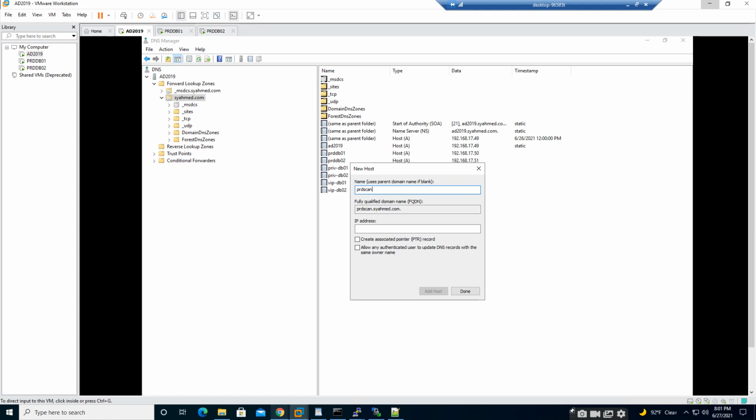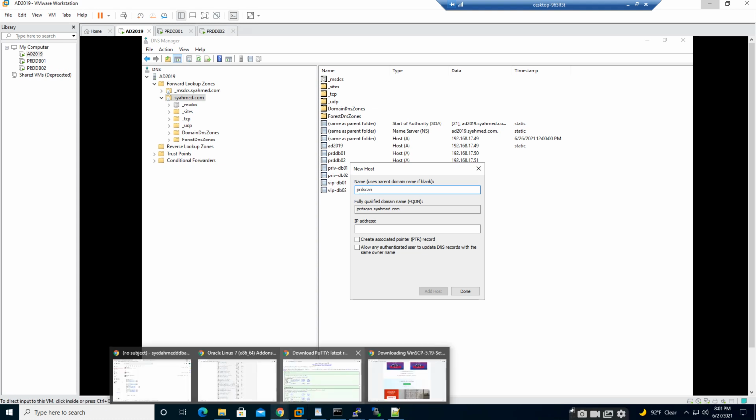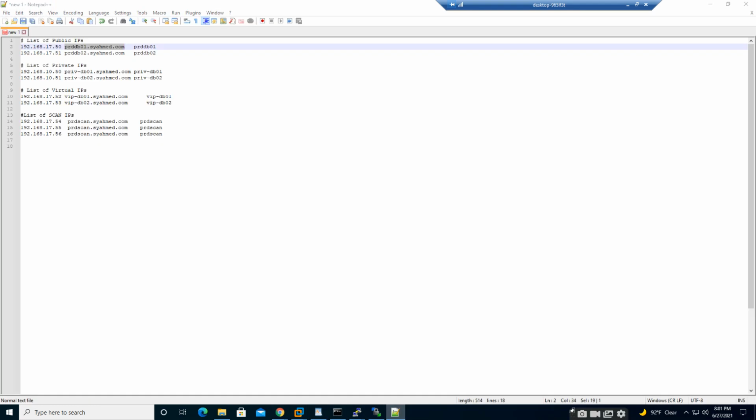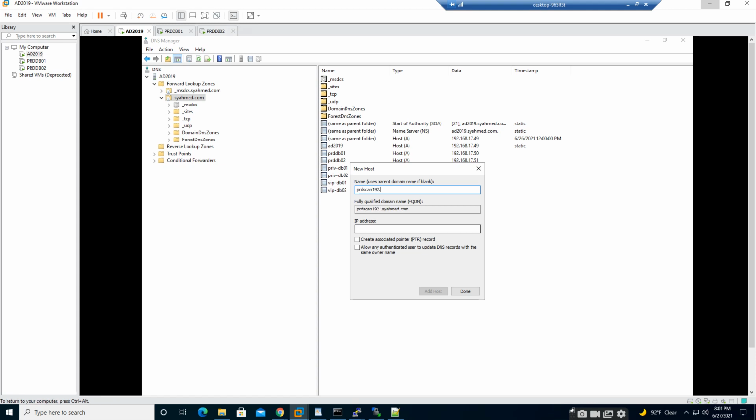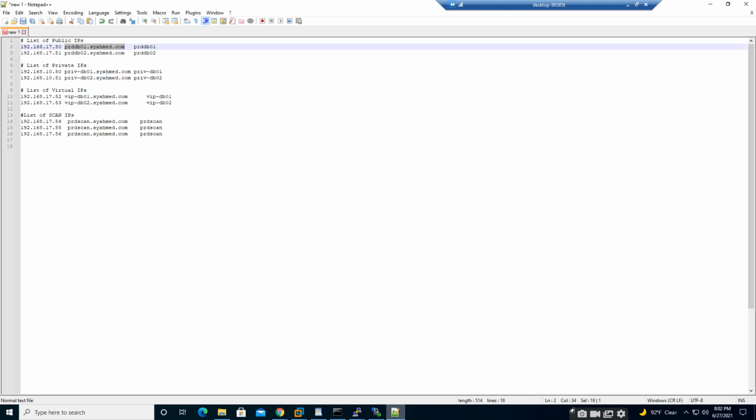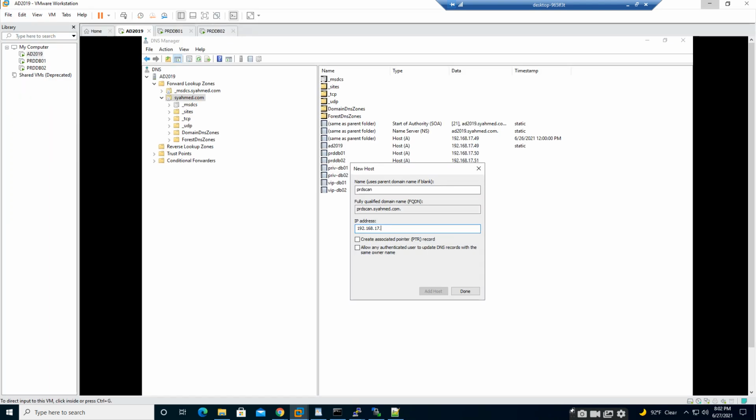PRD scan, 192.168.17.55. PRD scan, 192.168.17.56.